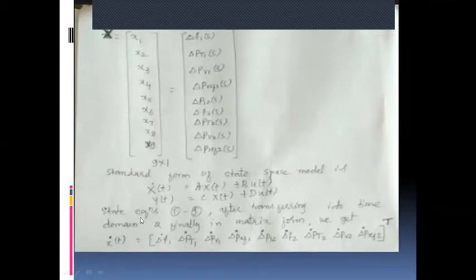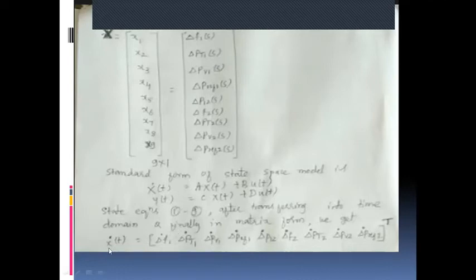Now equations 1 to 9, the frequency domain differential equations you have written, you have to write in time domain, that is in this form.